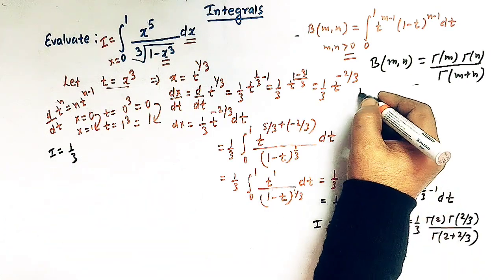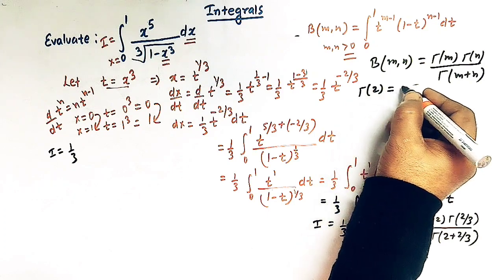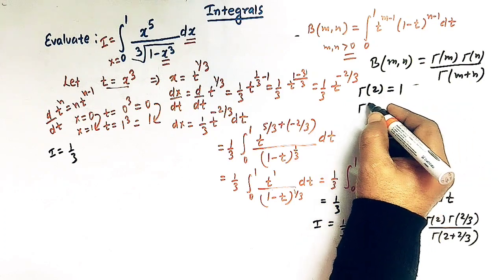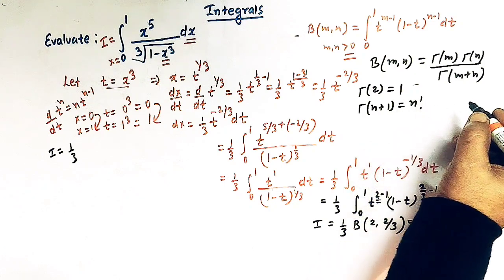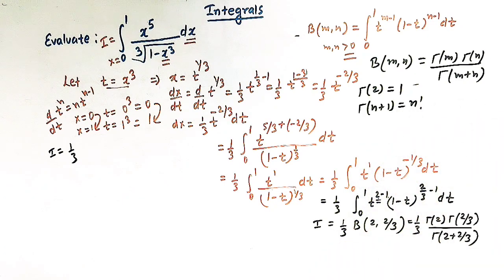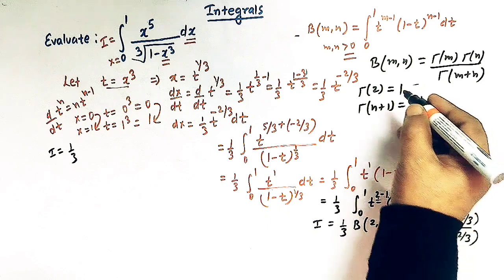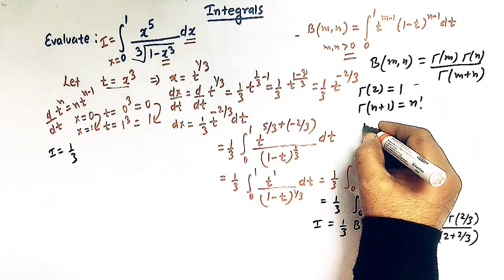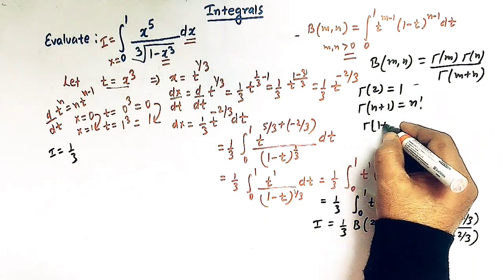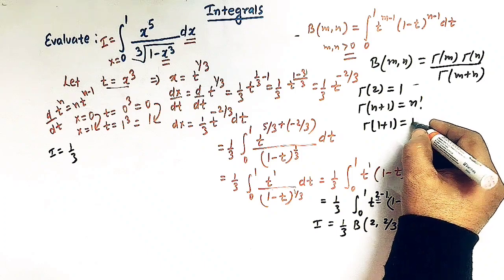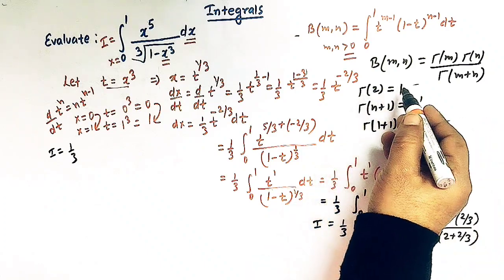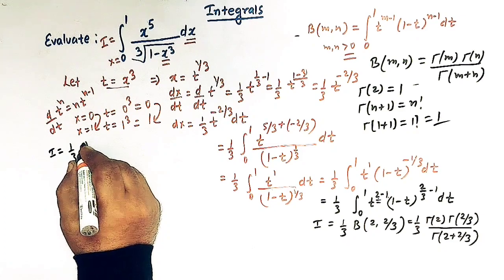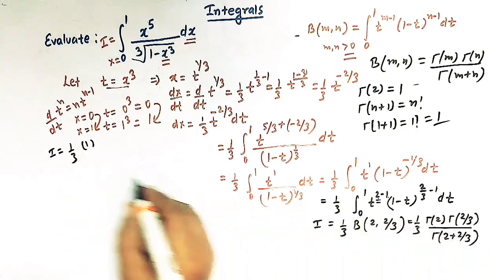Now gamma 2 is given by simply 1, because we know that gamma n plus 1 is equal to n factorial, where n is a positive integer, right? So gamma 2 can be written as gamma of 1 plus 1, that is equal to 1 factorial, that is simply 1. So gamma 2 is equal to 1,